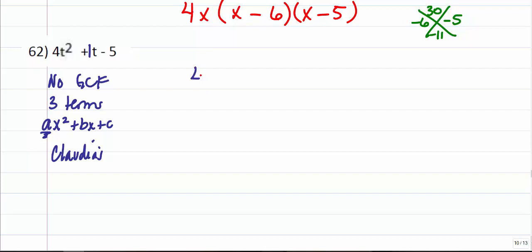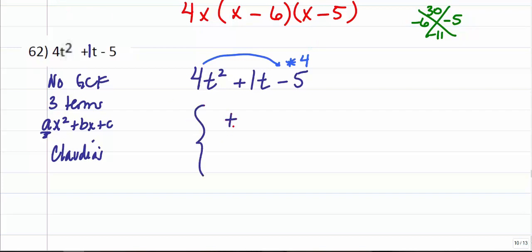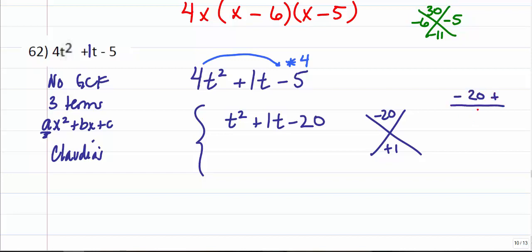So again, how did Claudia's work? Claudia's worked by multiplying the last number with the first number to make ourselves an easy little diamond problem. Meaning now I'm just looking for what 2 numbers multiply to negative 20 and add up to 1. So again, if you're needing to do your factor trees or your factor list,